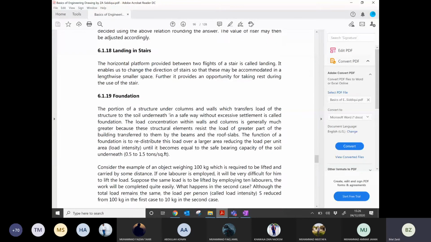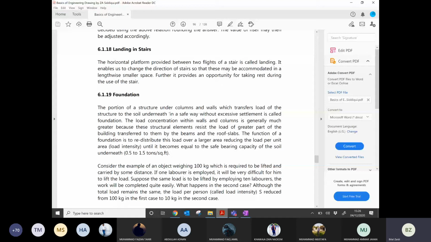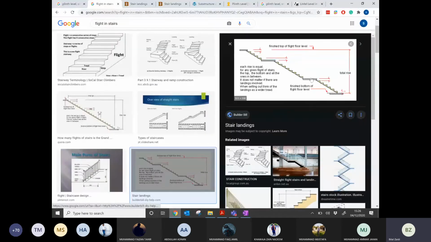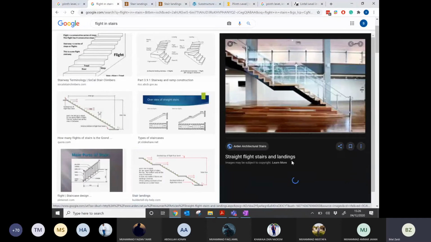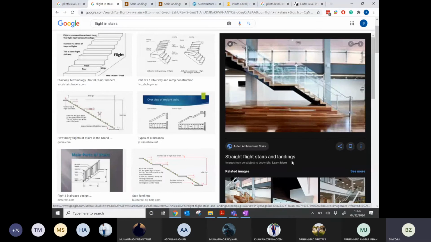I told you about the landing. What is the landing? Landing is the portion provided for rest between two flights. For example, there is one flight, there is another flight, and there is a middle portion provided for rest. That portion is called the landing. You can see this more visibly: if you have stairs like this, there are 4 or 5 steps, then there's a rest portion. This is called the landing.